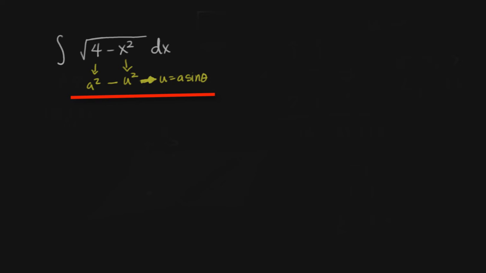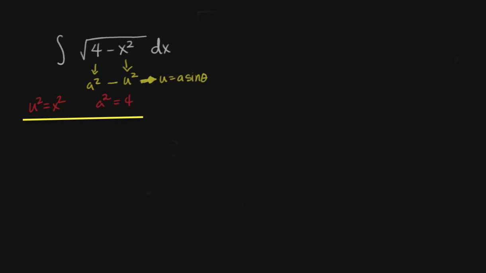I know I keep harping on the whole practice thing, but I can't overemphasize that enough. It's better than any tutoring, better than any video or going over notes, just doing problems, especially for math and subjects like math. So here, if I let u squared equal x squared and a squared is equal to 4,